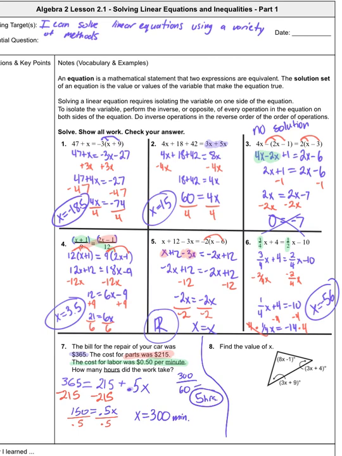All right, number 8, we have a triangle. If you remember from geometry, all of the angles in a triangle add up to 180. So something is going to equal 180. Now we have 8x minus 1 is one angle, plus 3x plus 4, plus 3x plus 9. All right, sorry that it's a little small, but now let's look at what we can